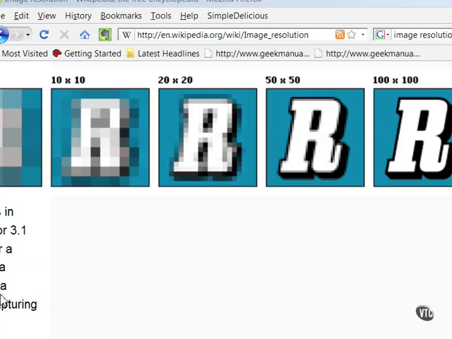image. You can see that in this example, I have a set of images and all of them are the same size, but as I move from the left to the right, the image density or the density of the image information is increased. Here I have a pixel density of 10 pixels by 10 pixels, here 20 by 20. Here I have 1,000 pixels representing this image, whereas over here I only have 100. You can see that the more pixels I have, the higher resolution the image is and also the more clear